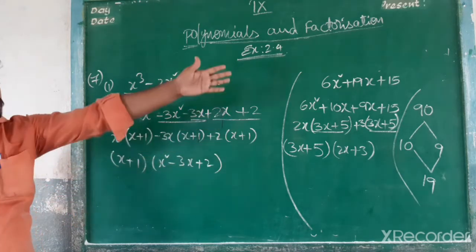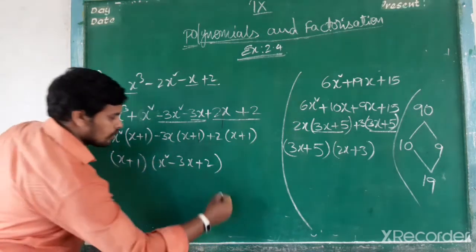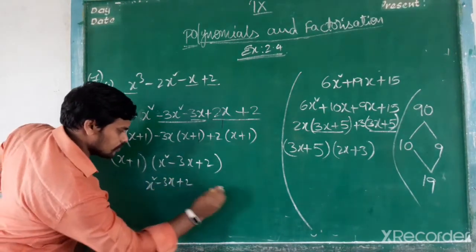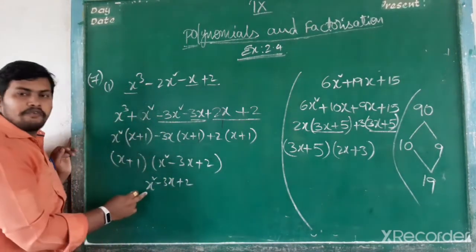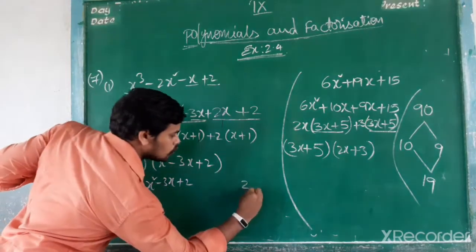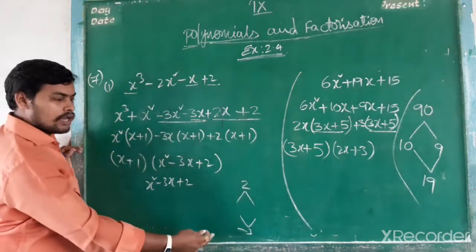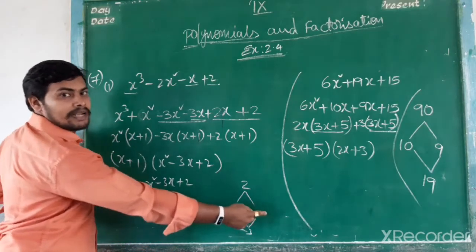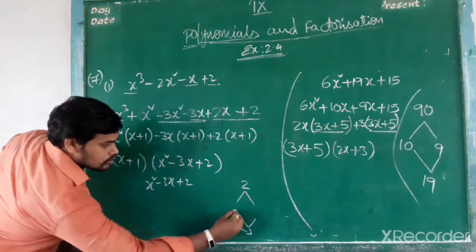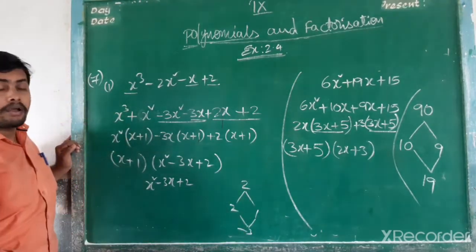We already know that this is the process. So simply take x square minus 3x plus 2. So whenever we should, if we add, what is the coefficient of x square here? The coefficient of x square is 1. 1 into 2, 2. But the number is minus 3. If we add two numbers, the result is minus 3. If we multiply two numbers, the result is 2. So 2 into 1 is 2. 2 plus 1, 3. But we need minus 3.